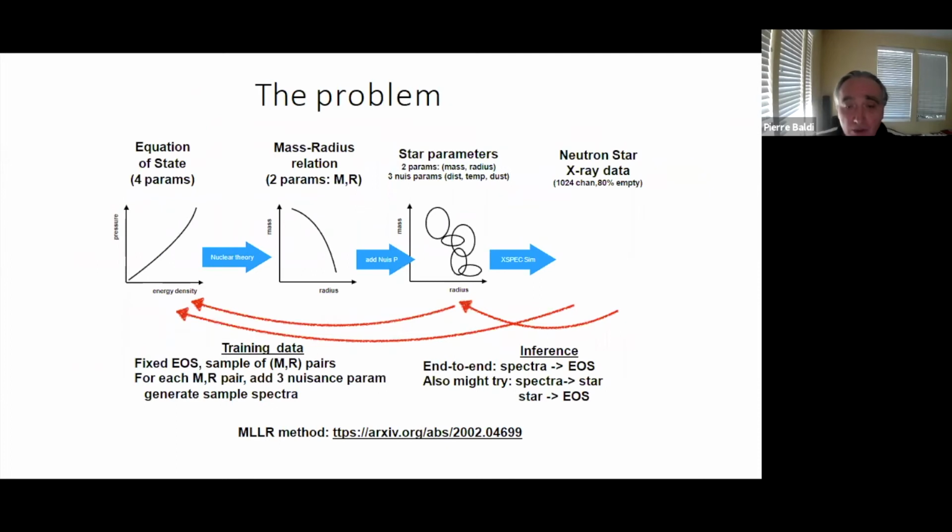I'll skip the application to neutrino, although Jianming is in the audience, so we can talk about that later. But this is an example of a completely different problem about neutron stars, where you basically have a nuclear theory about these stars, and a model that depends, in this case, on 2 parameters. There are different versions, but let's say there are 2 basic parameters.